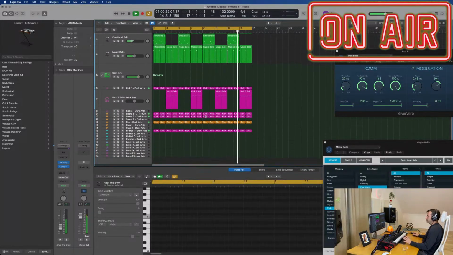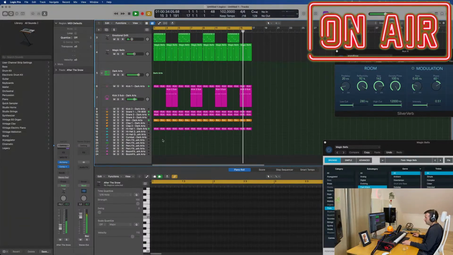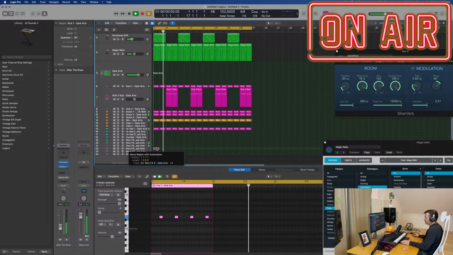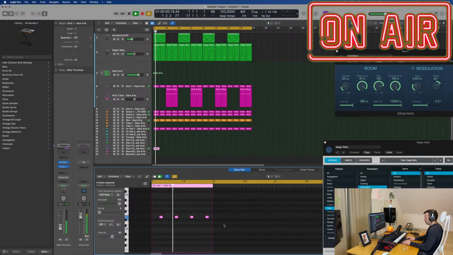I'm thinking, oh, there's some percussion effects down there. Maybe we'll find something trippy. That could be cool. It's kind of the same sound. Oh, I'm not ready for this, but oh, that's trippy.